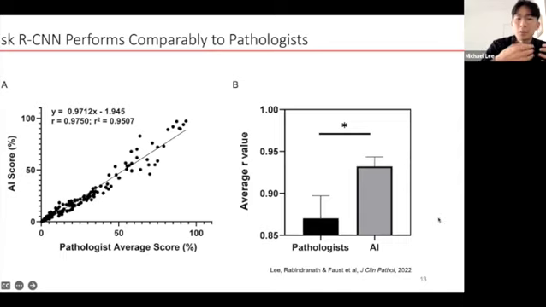And in fact, how the AI classified and quantified lay somewhere in the middle between the three different pathologists we had, with an average R value between the AI and the different pathologists somewhere in the middle, whereas the pathologists would have widely different criteria for how they quantified these nuclear stains.